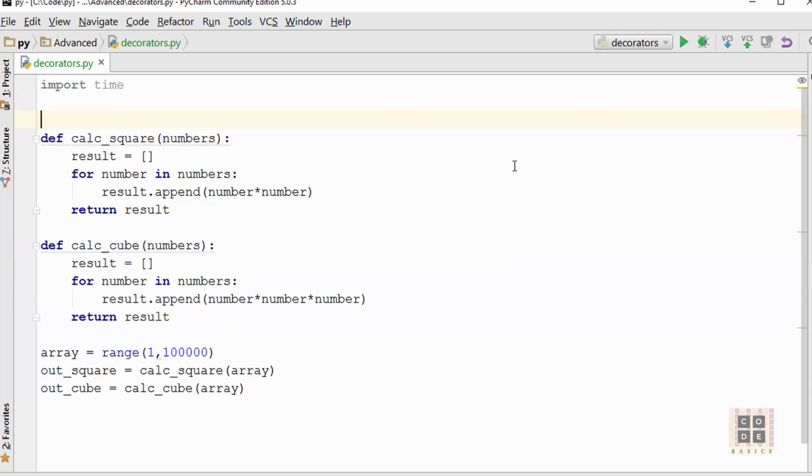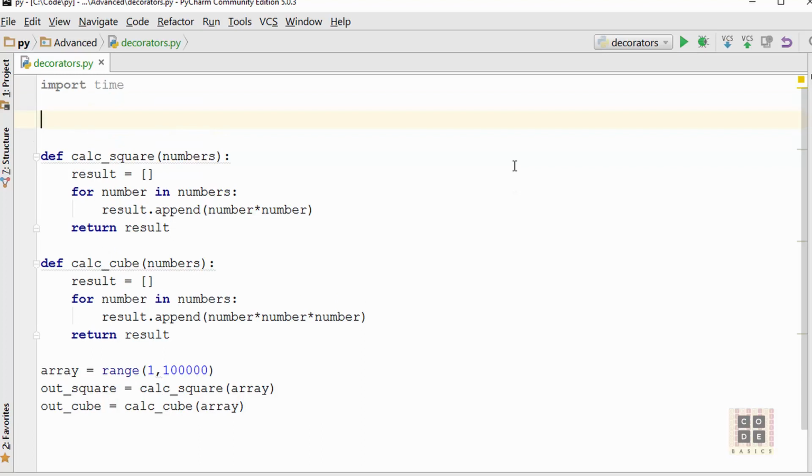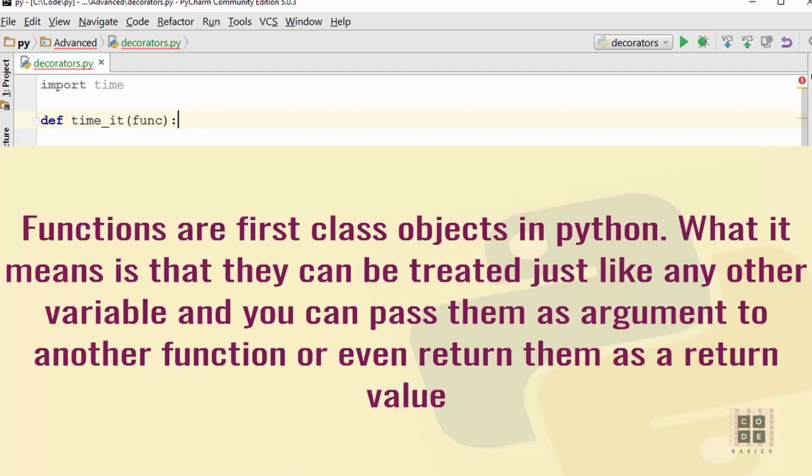So in order to do a decorator, first you need to define the wrapper function. So I'm going to call my wrapper function timeIt, and that wrapper function will take function as an argument. Now functions are first class objects in Python. What I mean by that is, you can pass function as an argument to a function. You can return function as a return value from another function. Okay, you will understand this as we continue writing our